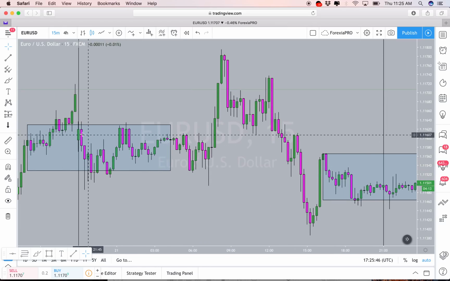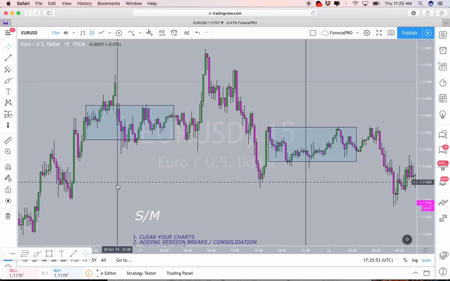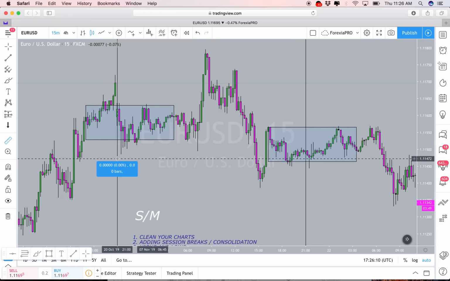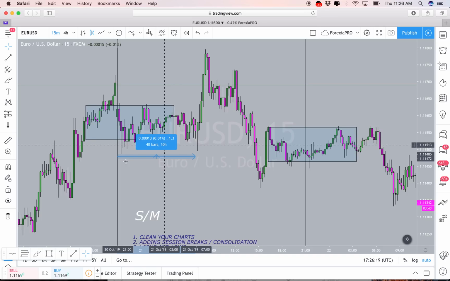To understand when the market sessions are, what I use is the session marker here. So I'll go into TradingView and put my session markers on. I know that this is the exact start of the day. So if I click on this ruler, this measure tool, and click on the line, and move exactly 10 hours, okay? 10 hours after the start of the day is exactly when London session starts. So, knowing this,